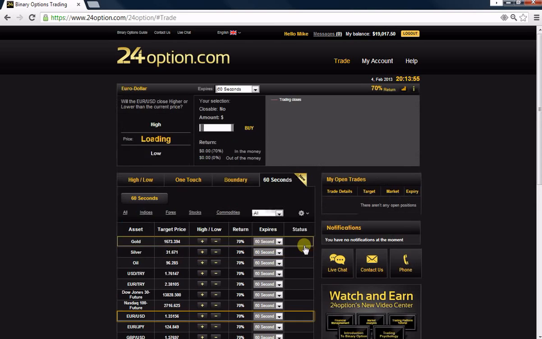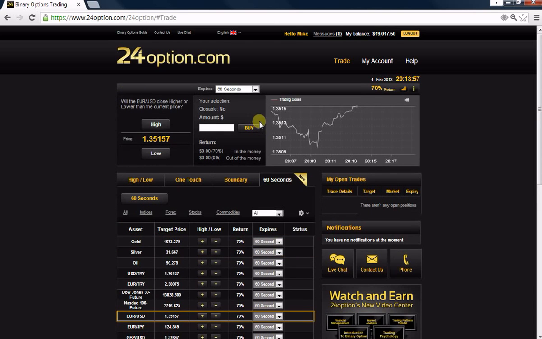So we're going to go here to the Euro US dollar. We're going to click it, and take a look at what's been going on for the last few minutes. It's gone down, it's gone up here. So we're going to go with low. So puts. Now the minimum investment for 24options is $25, which is higher than other options